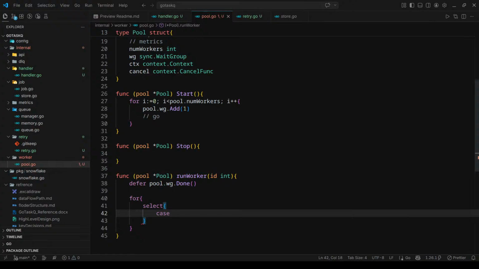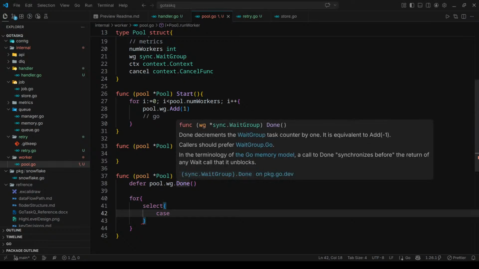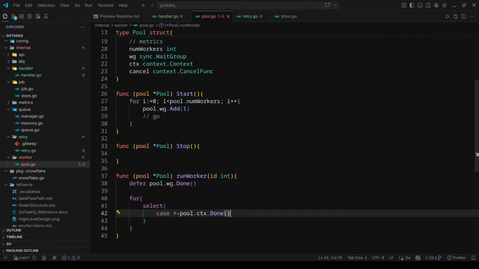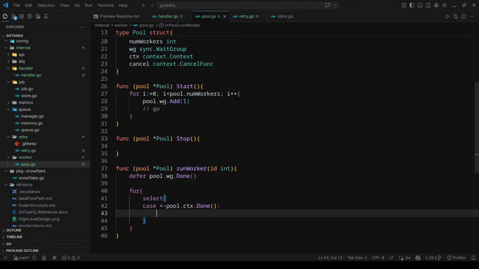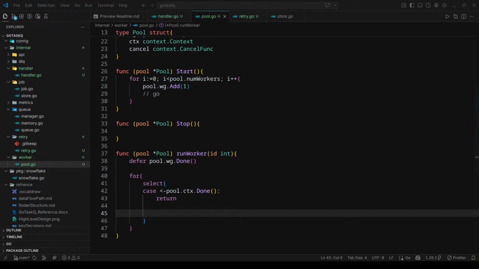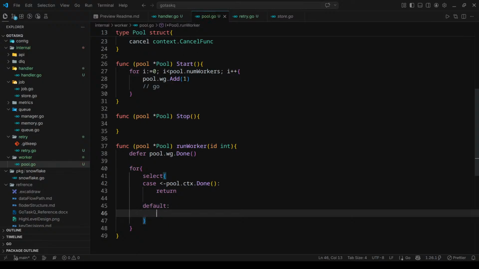The first case will be: what if the context has been done? Then what will we do? Then we will just return. Okay. Next case should be... Should I define it? Let's use default. Why define a case? Default will work. Nonetheless,